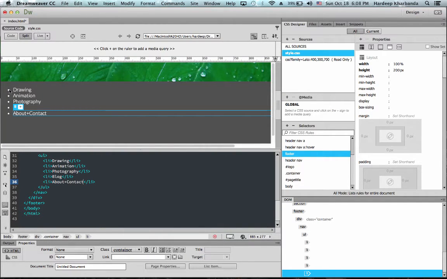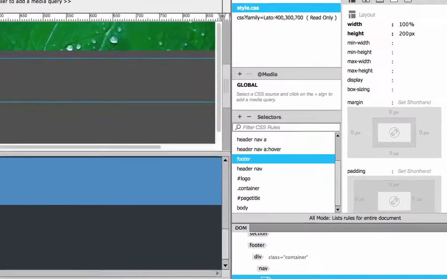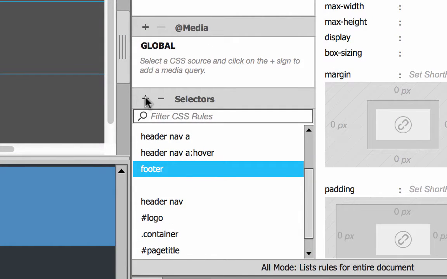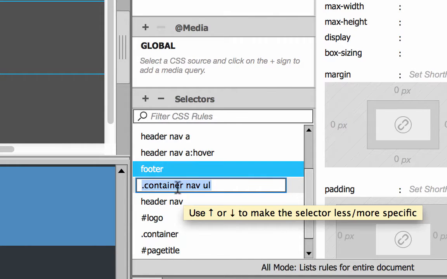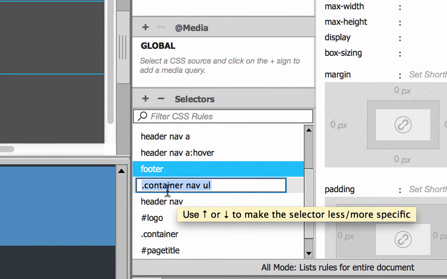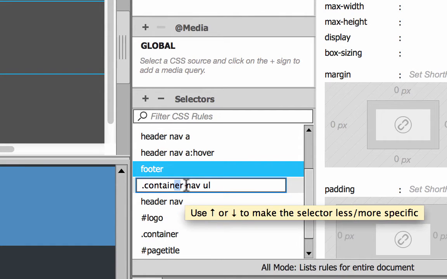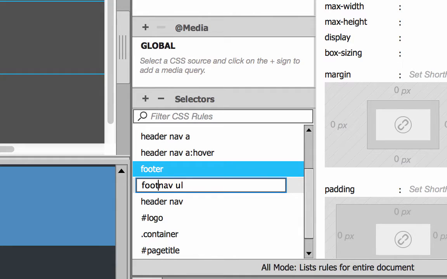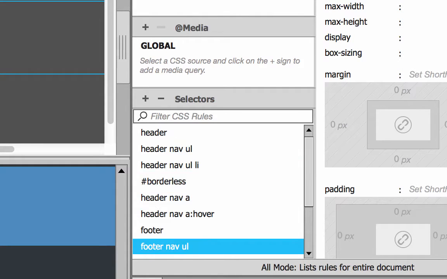Now to remove the bullets, we've already seen how to do this in a previous video, so it's quick and easy. I need to select my UL tag, add a selector for it, but be careful of what selector it creates. I don't want to apply this to all the ULs in all the containers, so I'm going to change this to footer nav UL.